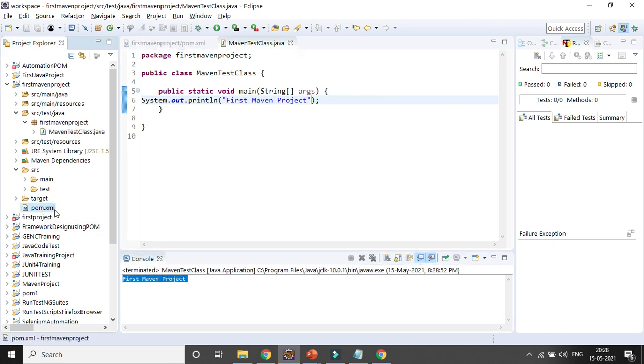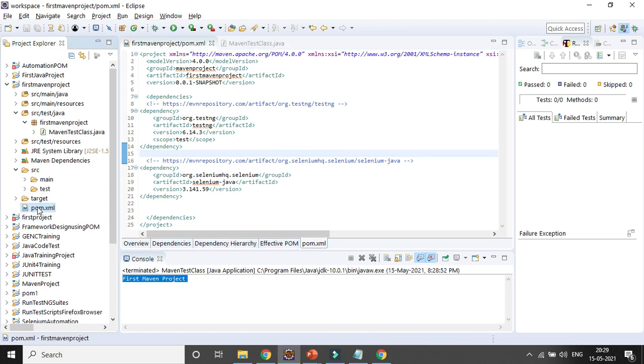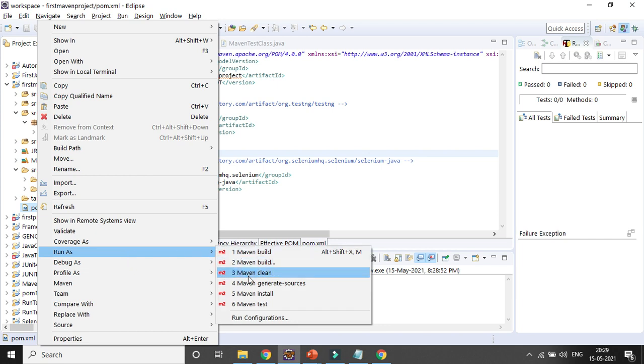Now if you want to run it from the pom.xml file, okay, so how can you run it? Either you can select the pom.xml file and you can go with, right, these are the several options available. In case I already ran it multiple times, I will go for Maven clean, so it will clean all the history. Then I can go for Maven build, so it will try to compile it, and then I can go for Maven test, so that it will clean, build and test. In case I am directly running with Maven test, it will definitely first clean and then compile it and try to run it, in case any error message is there or not.